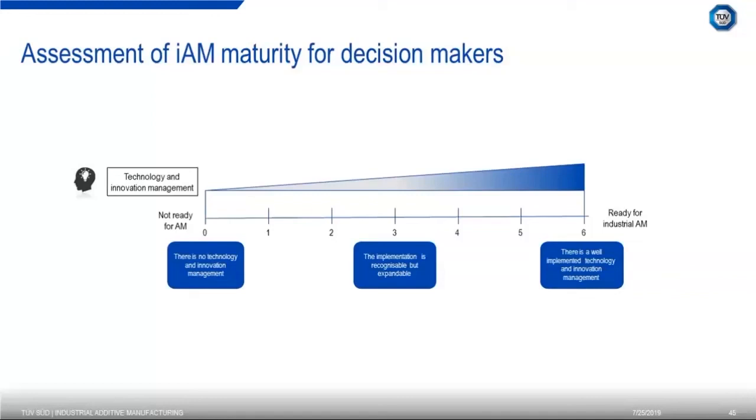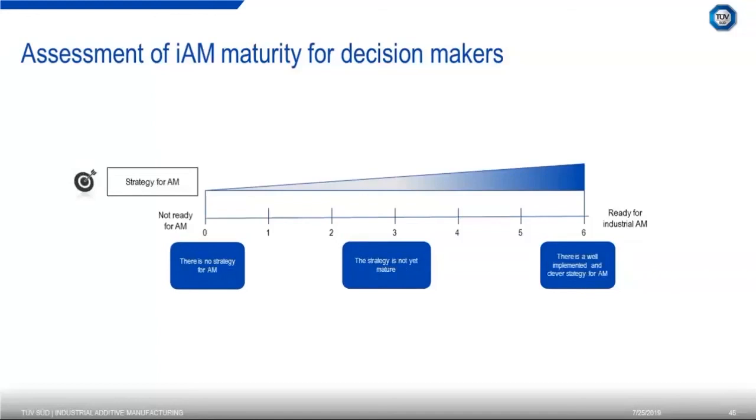it's a team actually. So you need an implementing team which finds the first applications and implements those and shows the first lighthouse projects, so that things are getting momentum in your company. With that, you develop your strategy based on these first experiences within your company, or you will get a feeling for your future strategy and how to reach